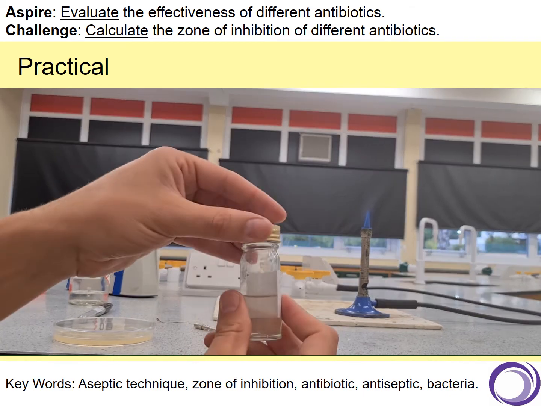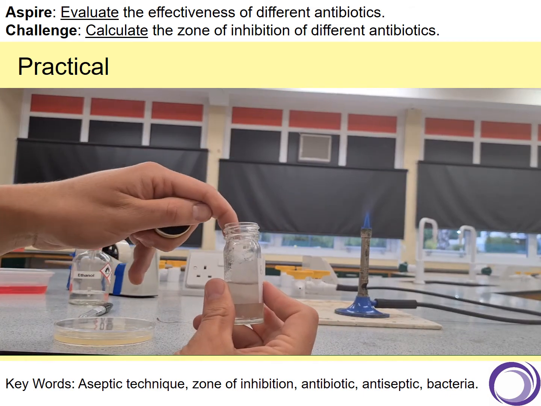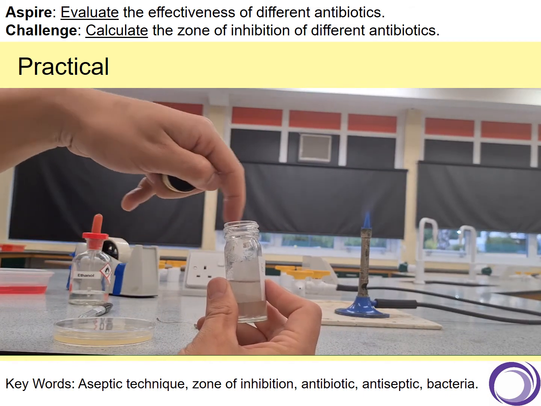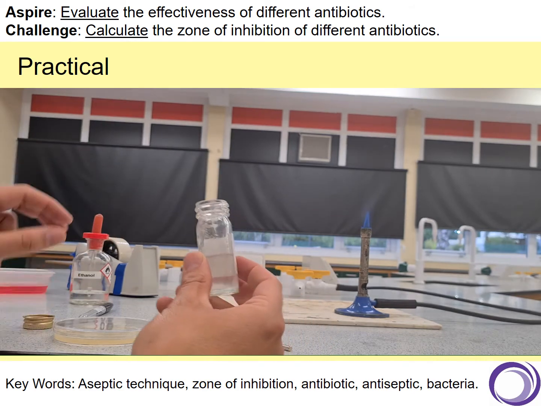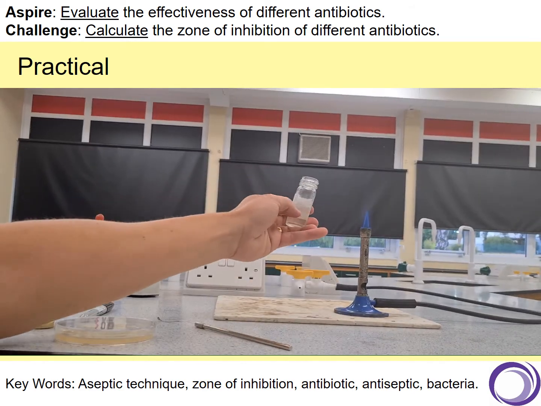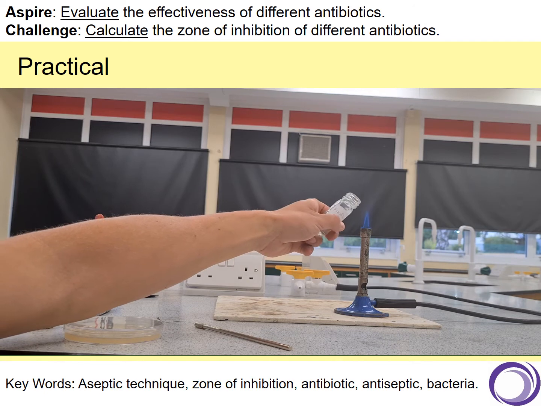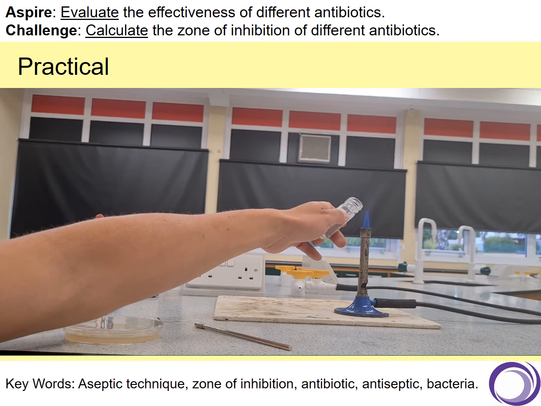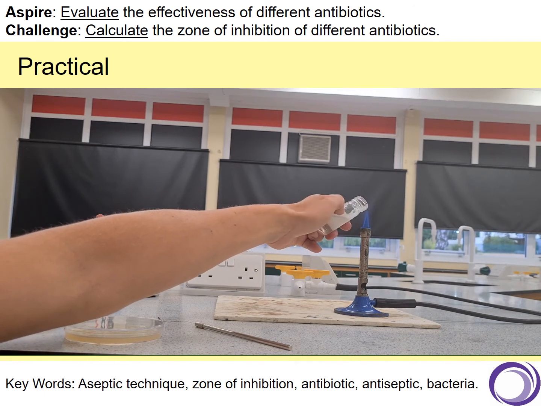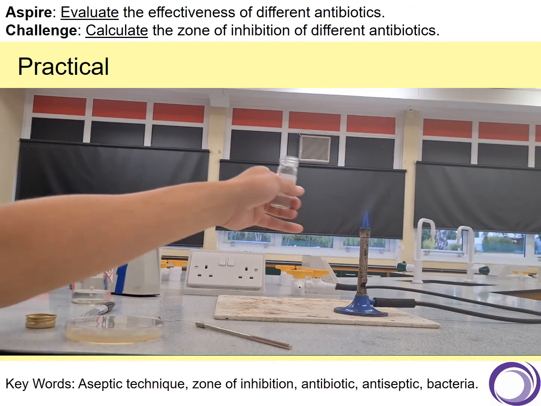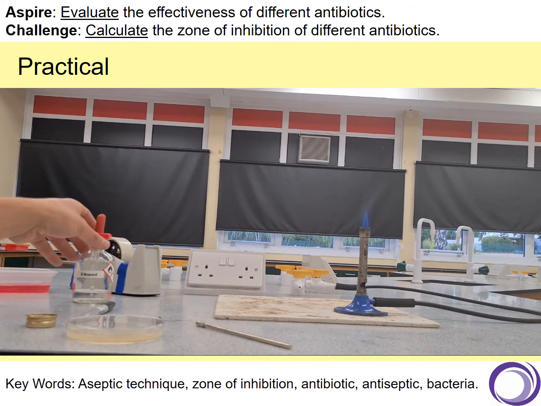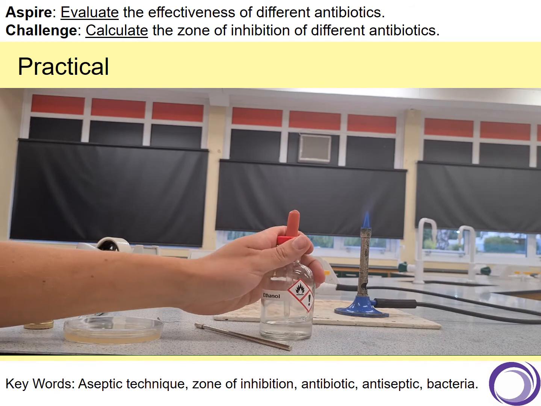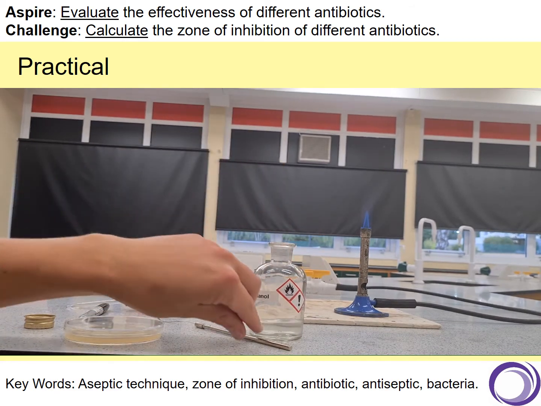So in order to sterilize this lid, and this is what I mean about flaming a lid, I've probably got bacteria all around here that's not E. coli that I want to get rid of. So all I do is I just move this lid right around the flame, not for too long, but just to kill it all. And I'm also going to dip my inoculating loop into this